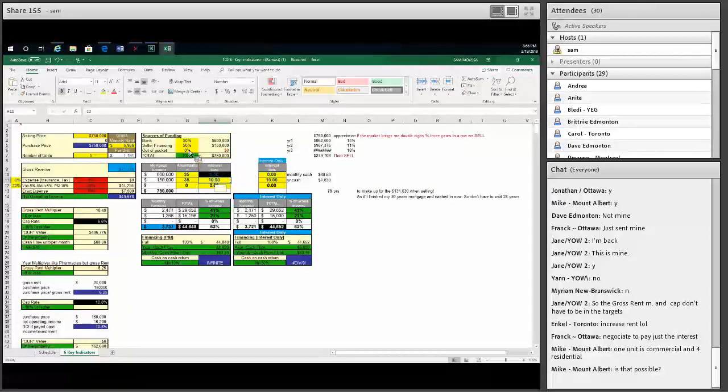What if we did 10, 10, and we did 3.75? That'll work. What about 4.5? You can do 4.5. Okay, so is it possible to get a longer mortgage? Yeah, Mike, it's possible, depending on the lender. You might pay a little bit more. That's why I moved it to 4.5. That's pretty high, but we'd have to look at it and look at different